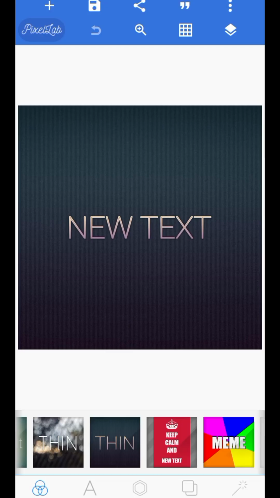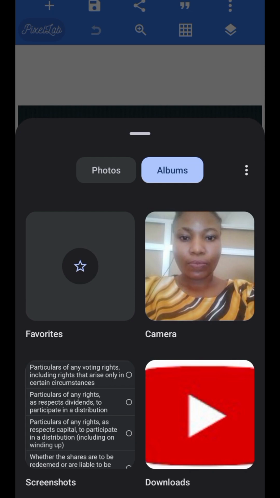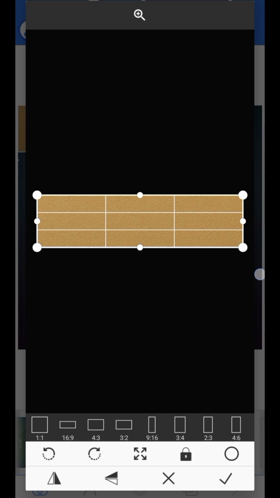Now let's work on the YouTube banner. You understand? So I'm going to import the background because I have an image that I want to make use of as my background for the YouTube. So I'm going to import it now by clicking on the plus sign. That is one of the tools to import an image. I will do that right away by clicking on the plus sign, then clicking on from gallery. It will take me to where I will import my image, right? This is it. I'll just add it to my